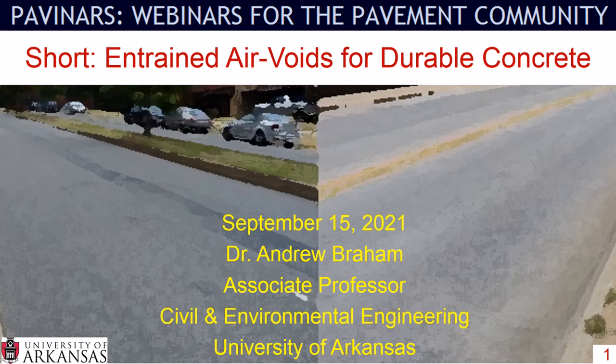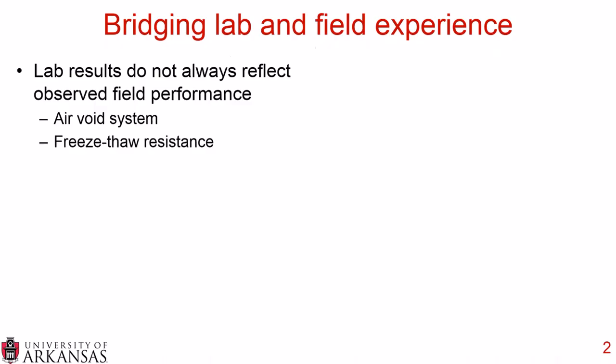Today we'll briefly talk about entrained air voids for durable concrete as covered in NCHRP Report 961. The main point or objective of NCHRP Report 961 was to bridge the lab and field experience when it comes to concrete pavements. Specifically, they were exploring the concept that lab results do not always reflect the observed field performance